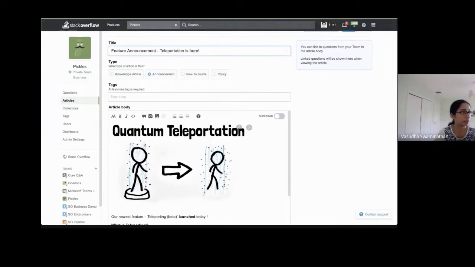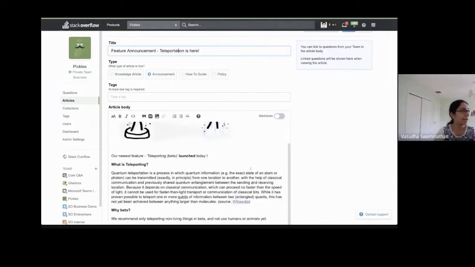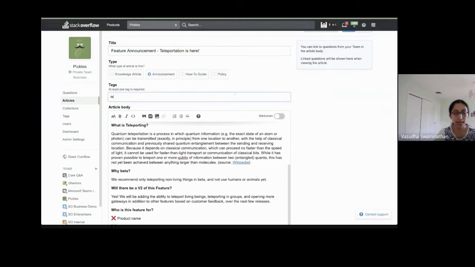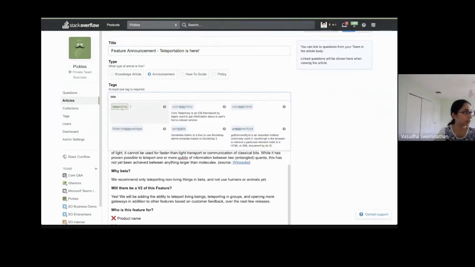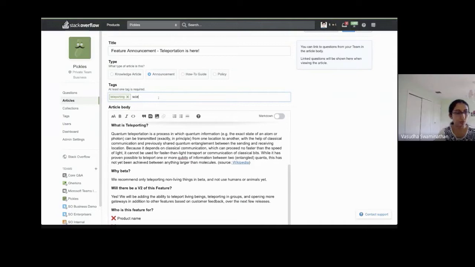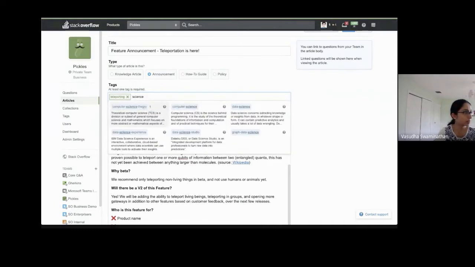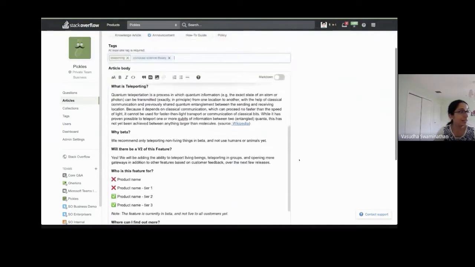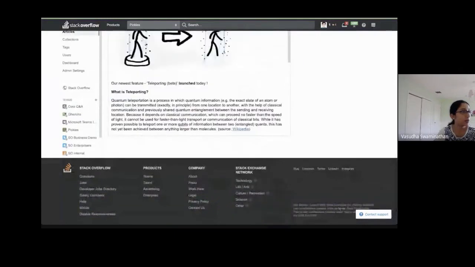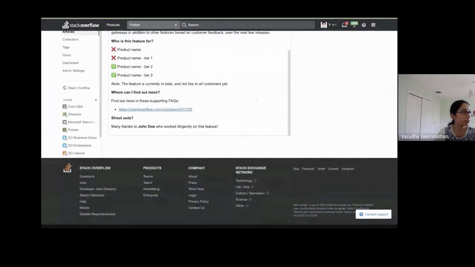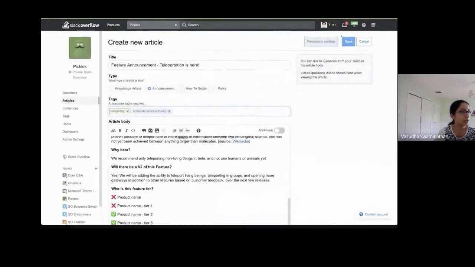Let's just get rid of the additional T's. And I'm going to go ahead and add a couple of tags here. Let's do teleporting. Let's do some sign. Let's say theory. Right? We get these in. And all we need to do is confirm that all your information in here is good to go,